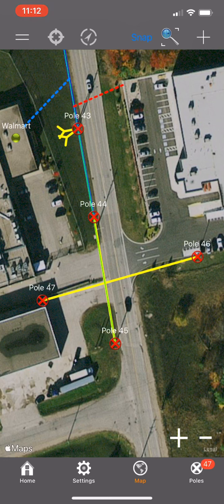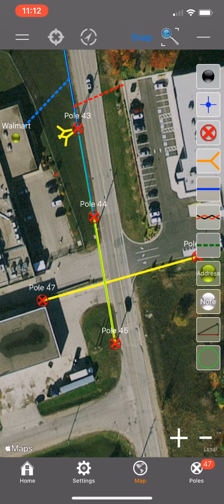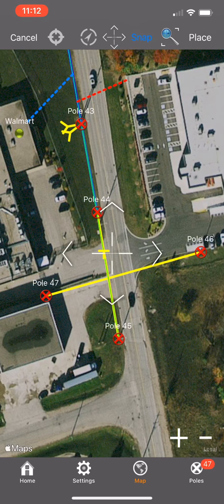And say one of those cables veers and goes north to pole 44. Well, the continuity is now broken between pole 47 and 46. When you get into pole 46, how are you going to remove one of the cables without it removing it from pole 47? Well, you have to place an intersection in order to do that,